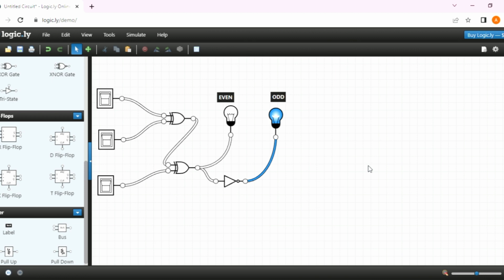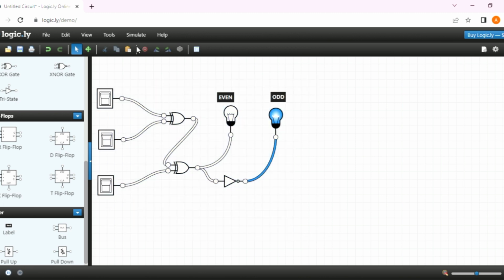How to determine the odd and even parity? If there are no ones in a binary code, then it comes under odd parity. If there is one 1, then it comes under even parity. If there are two ones, then it comes under odd parity, and if three ones, it comes under even parity. So this is the circuit diagram of